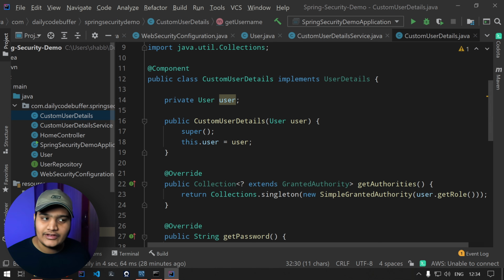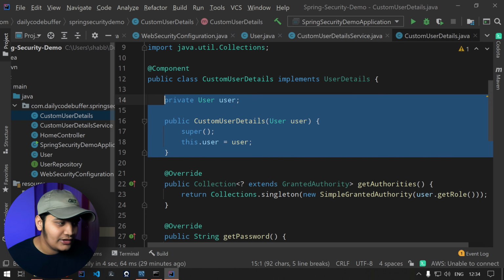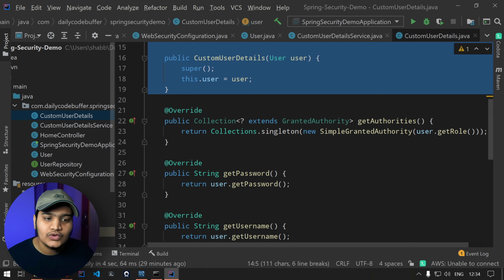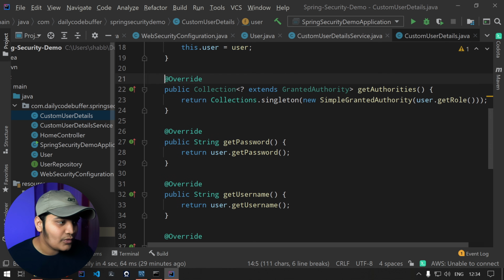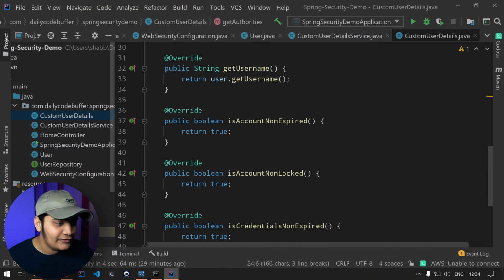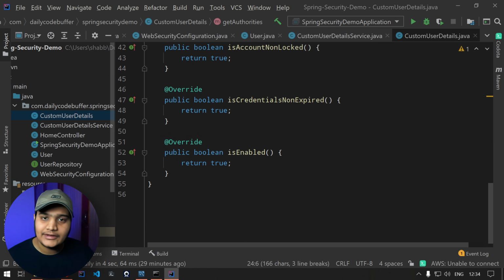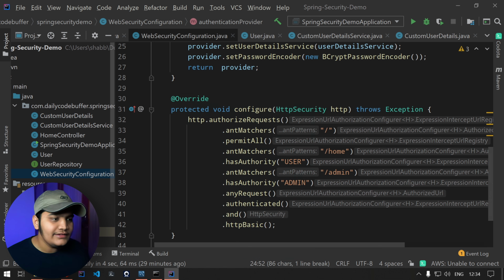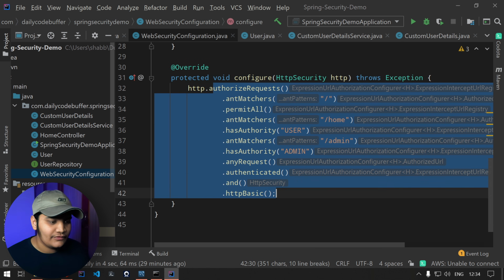So this is the interface for that, and for this particular user details interface, we have to have the user object that we got from the user repository. So we took that object at constructor level. We got that object from the constructor, and we set all those methods over here. We provided all that information to all those methods: get authorities, get password, get username. For now, all these methods we have kept as true itself, but you can implement this according to your requirements, according to your project needs. And then we override this configure method, which we gave over here, which we gave all these details.